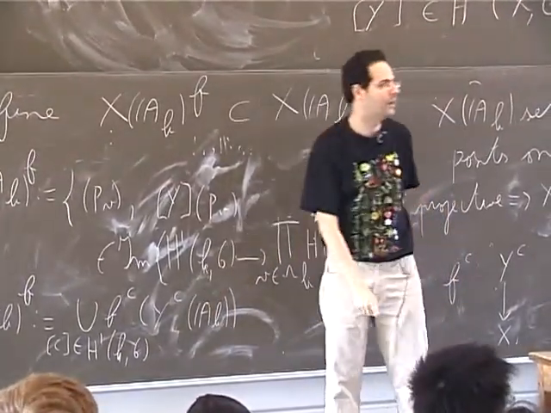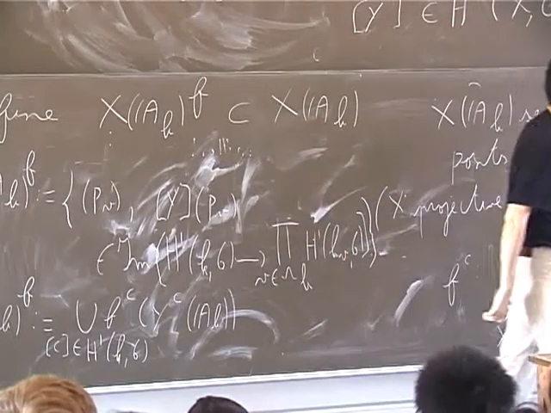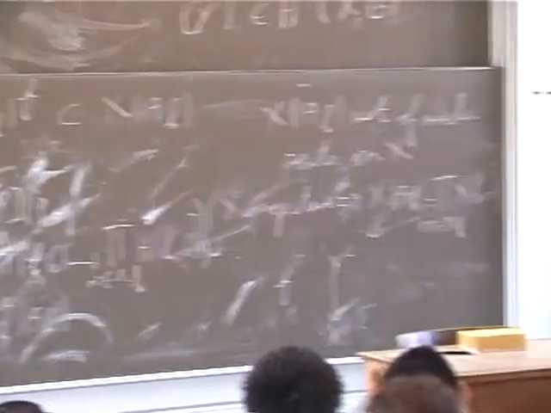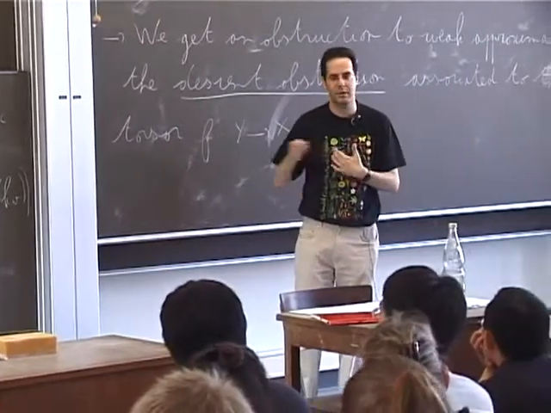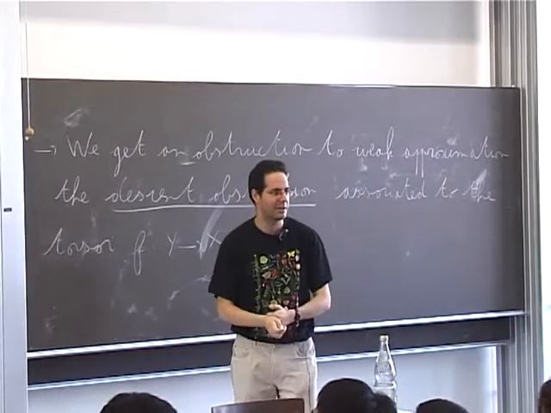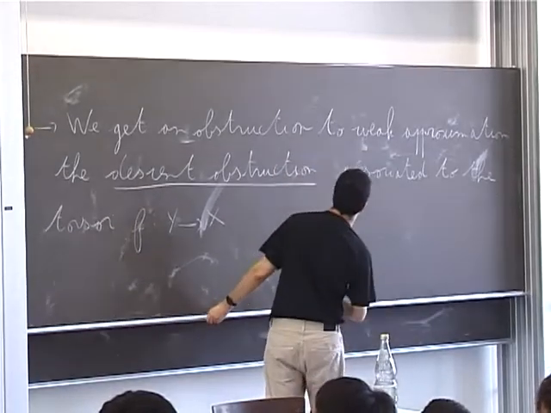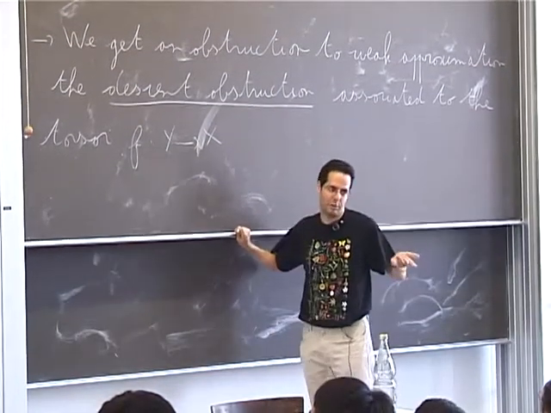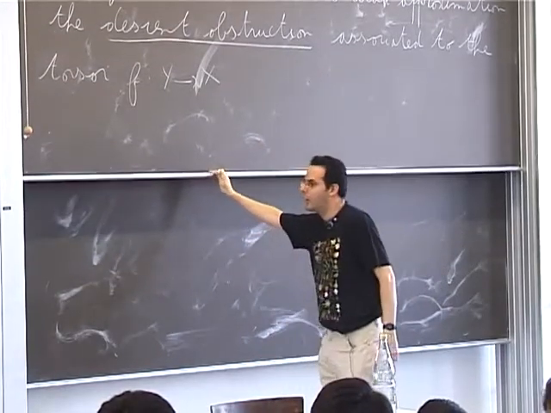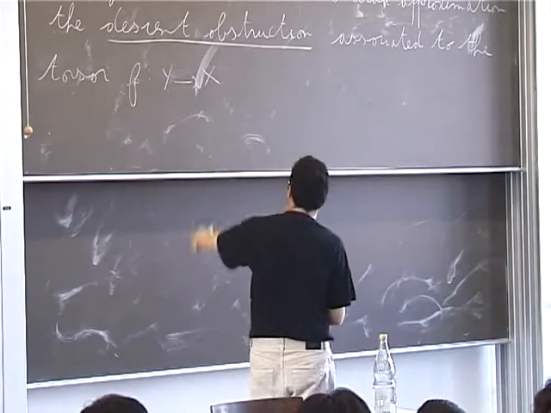So for almost all c, there's no adelic point? Yes, for almost all c, no adelic point on the twisted torsors. Now, for example, if G is finite, this corresponds to the classical Hermite statement about the fact that there are only finitely many fields unramified outside some fixed set of places. But it's not so easy if you work with a non-connected group, for example. Okay, so this is an obstruction to the existence of a rational point or to weak approximation.